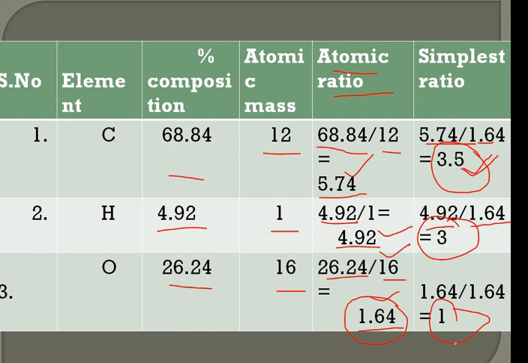A question may come to your mind: ma'am, we can multiply by many numbers, like any bigger number, we can multiply it by 4 also, and we will get a higher value. But we try to get the simplest ratio. Simplest ratio means the smallest ratio, because the definition of empirical formula itself says I will get the simplest ratio. So to get the simplest ratio, try to make this thing simple, not complex, because bigger values make it complex.